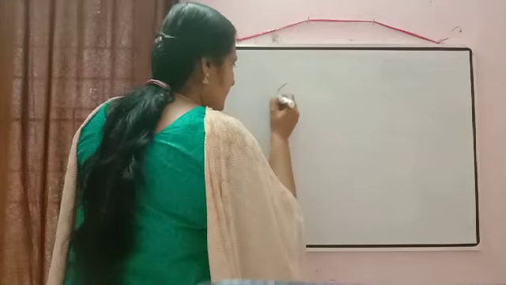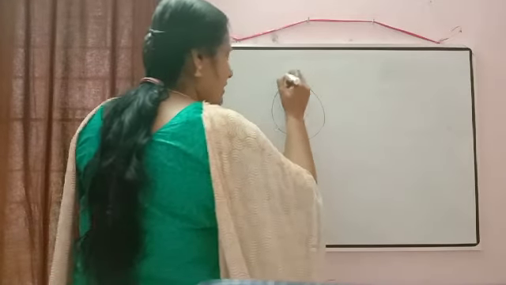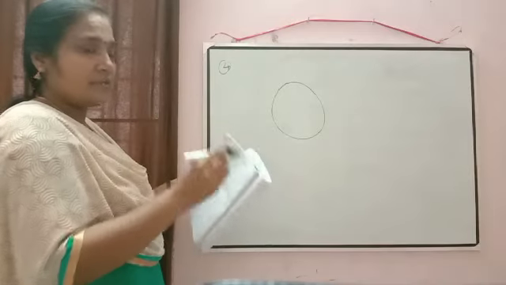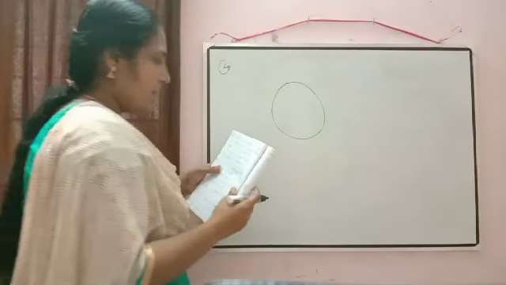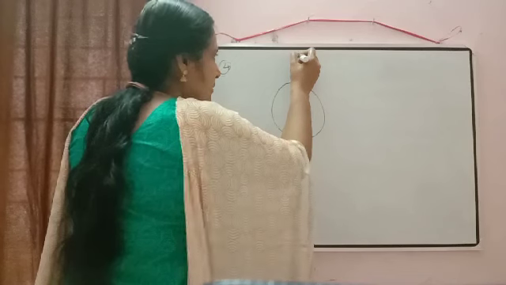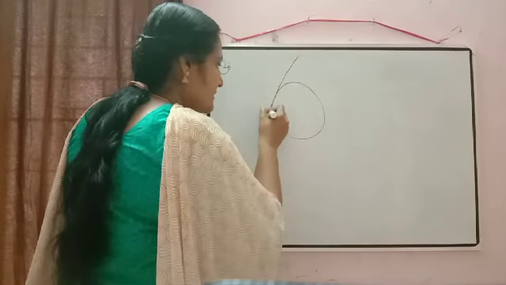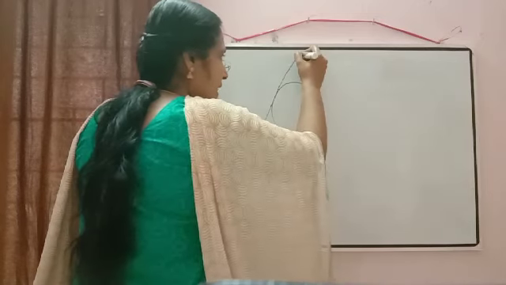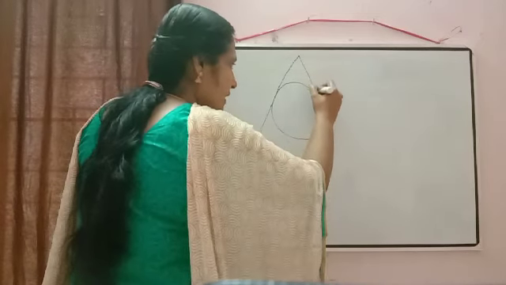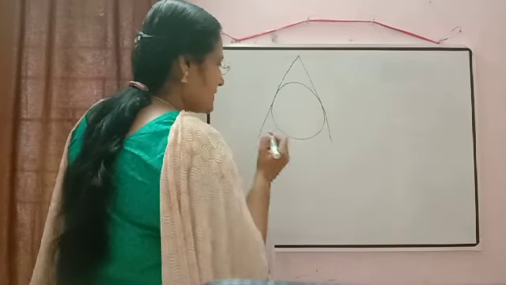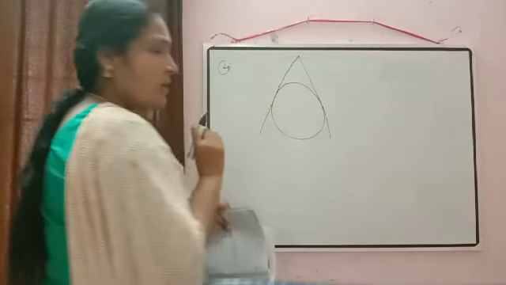So first we will draw a circle, and we have to draw the sides in such a way that each side should be a tangent to the circle. So triangle ABC isosceles, each side should be a tangent to the circle. That is the meaning of circumscribed here. Outside the circle, but it should touch the circle at one point of contact on each side.